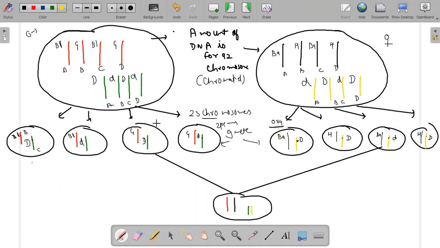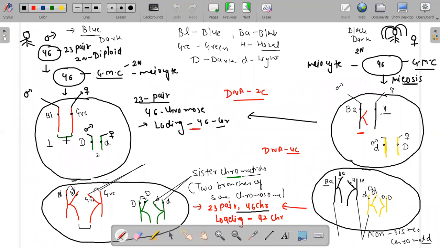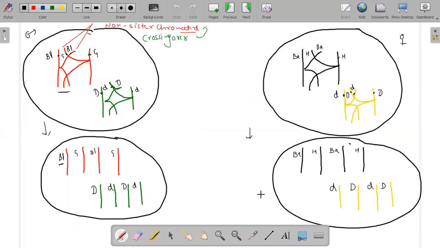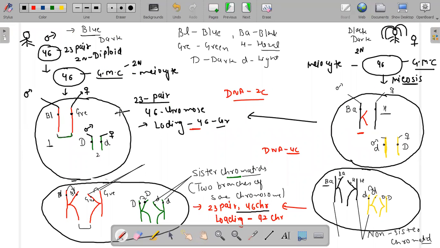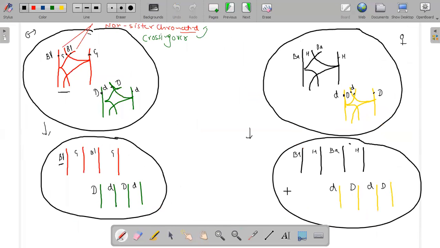So you can go for calculations. Here I started, and the 2n number is established here. You can see the 2n number is established here. I started with 2 chromosome pairs from father and 2 chromosome pairs from mother, and a normal human has 23 pairs and 46 chromosomes. So I started with 2 chromosomes. I distributed them, and the new individual is again in 2n condition, so I reached 2 pairs again. I started with 2 pairs. Both of them contributed their half number. Mother contributed half the number of chromosomes and father contributed half the number of chromosomes. You can see how the contribution takes place.